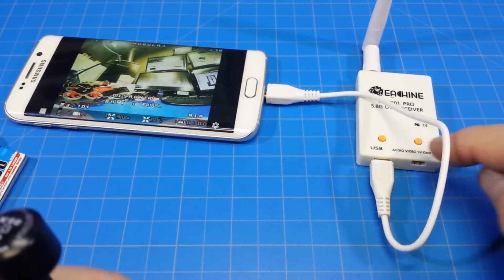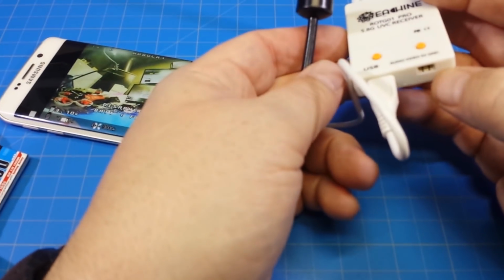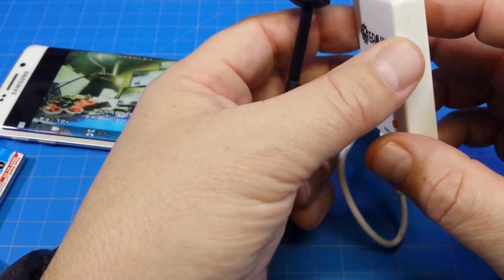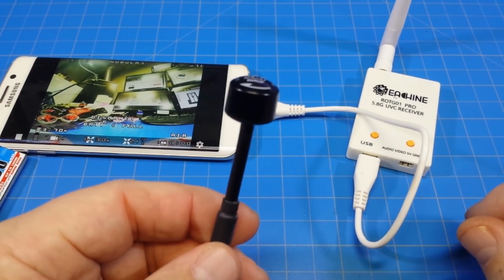There is one other feature here that I didn't mention because I really don't know why you would use it, but it does have this pin connector here for audio, video, 5-volt and ground. I'm not sure what that would be used for. Why don't you tell me down in the comment section down below about that. For my particular instance, I did test with this and I didn't find that the